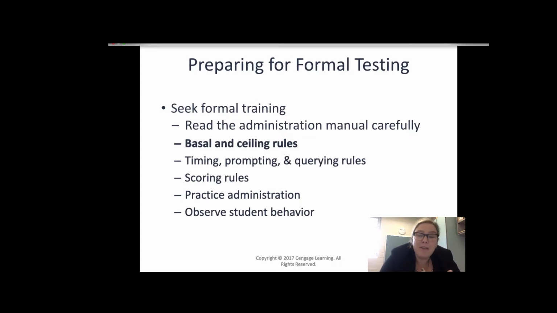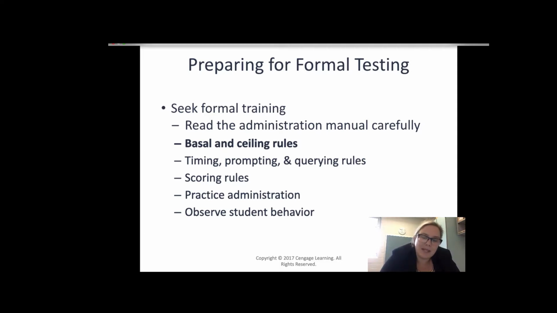When you're preparing for a formal test or a test such as the Woodcock-Johnson or KeyMath Assessment, or any type of deep dive, individualized, standardized test, you first want to make sure that you've had some training. There are some important pieces of information that you need to know before giving that test. You want to make sure that you review the manual so that you're familiar with things like basal and ceiling items. When we talk about a basal item, that is the item that it's recommended that you start with in